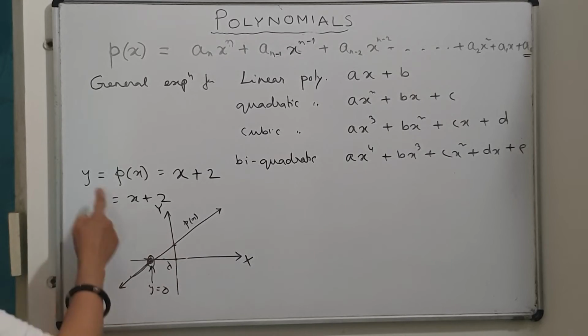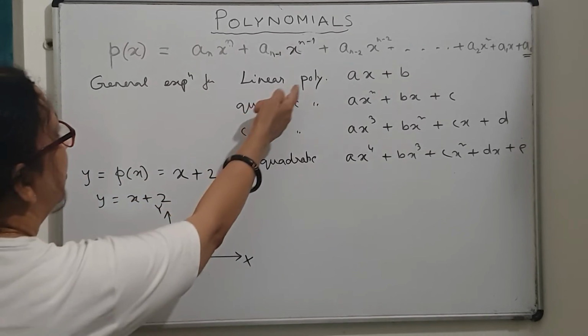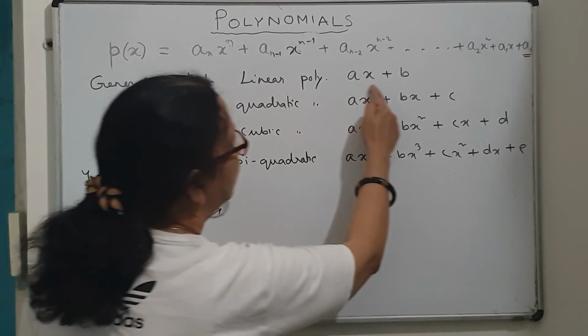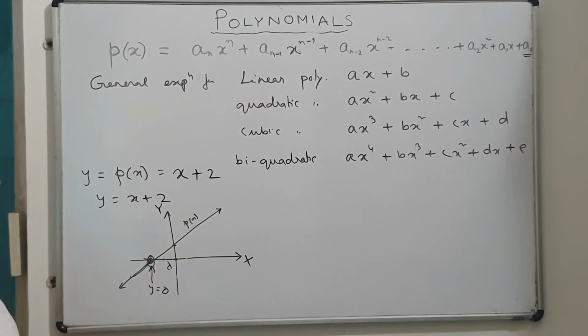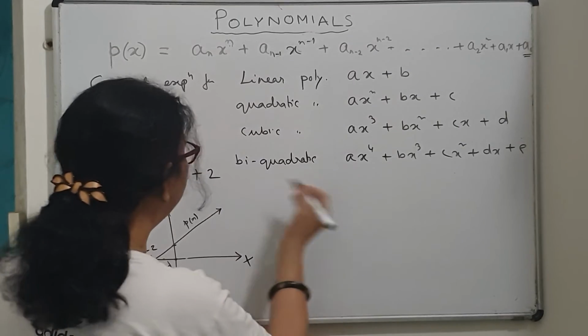So obviously, that's why the name linear polynomial, because the graph of a linear polynomial will always be a line, and there is only one point of intersection. So this point of intersection gives you the value of the zero. Here, at this point x is minus 2, so minus 2 is the zero of the polynomial. Similarly, if I plot a quadratic polynomial,